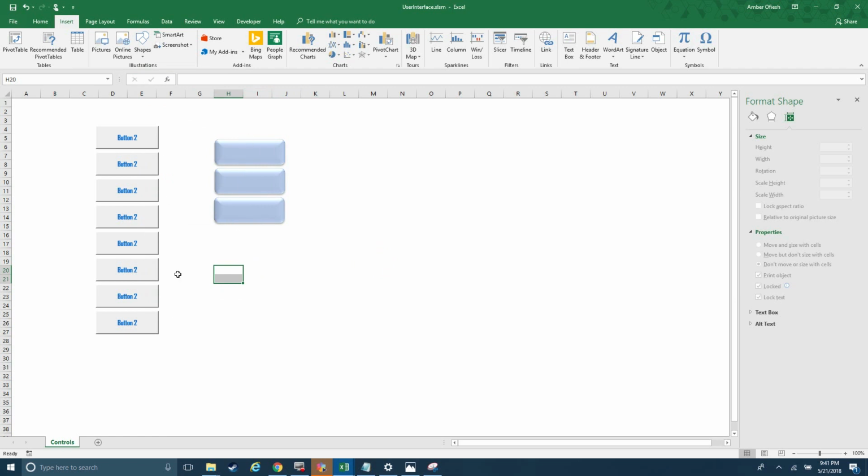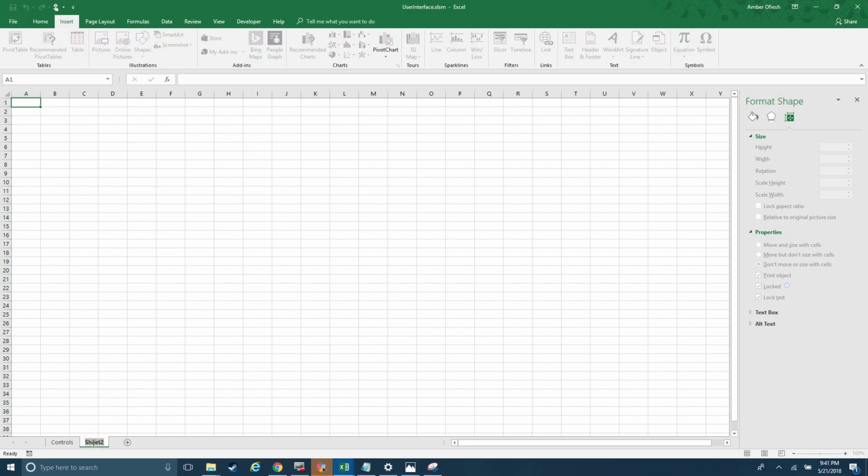Older versions work great too. So next I want to go over some basic table constructs that I would recommend for a new user. And this is where you're going to set up user entry tables. And the reason why this is a little bit tricky, so I'll usually call this like setup tab or something,